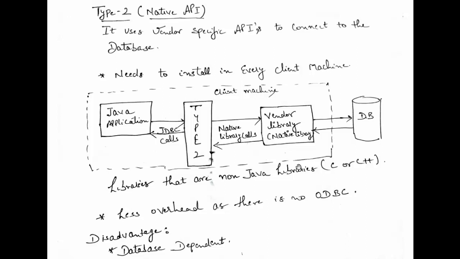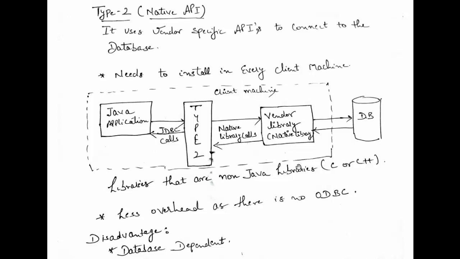But if we change the database to MySQL or DB2, then this particular architecture will not work. Because for that particular architecture, the specific native libraries must be present, that must be provided by either MySQL or DB2. So it is completely dependent on the type of the database you are using, the type of the vendor database you are using. So this database must be responsible for providing the library, so that the communication must be established.